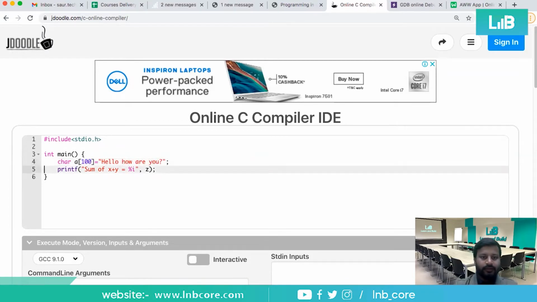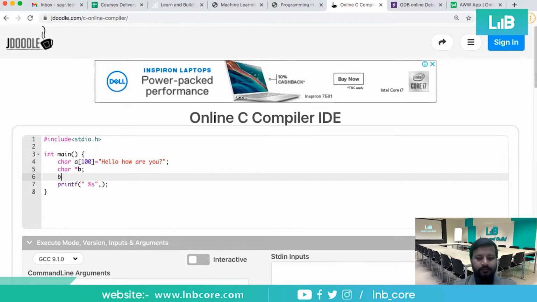right? These commands are very important from your project point of view. Please try to understand them. So percent s. Now let me have a variable called char pointer b. b is equal to strdup, right?